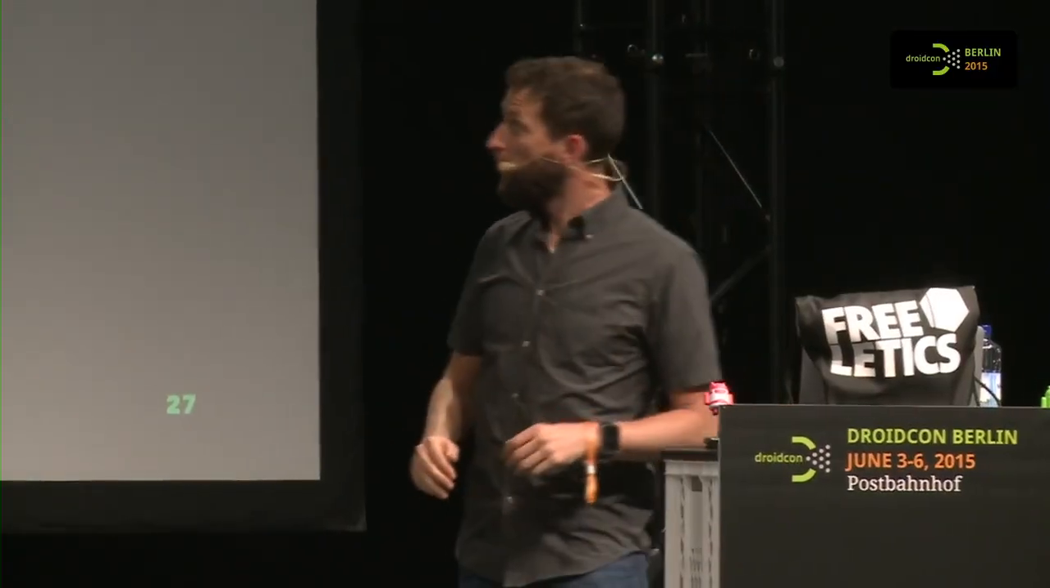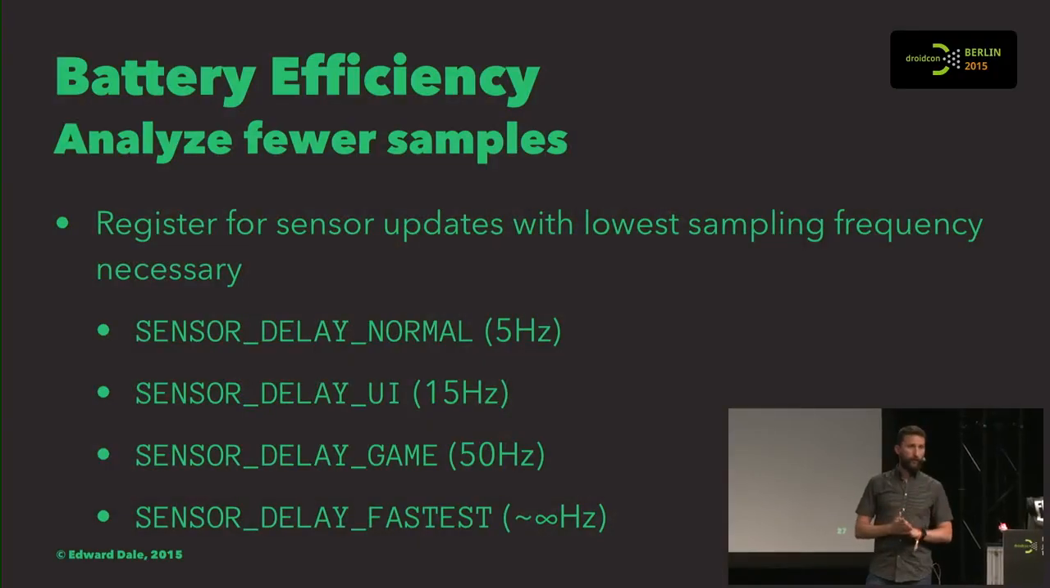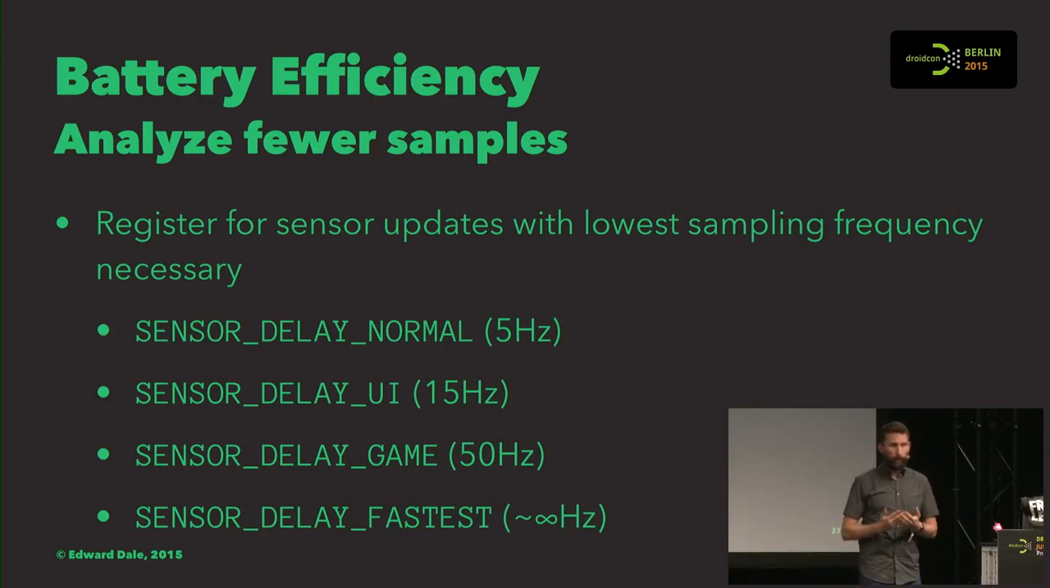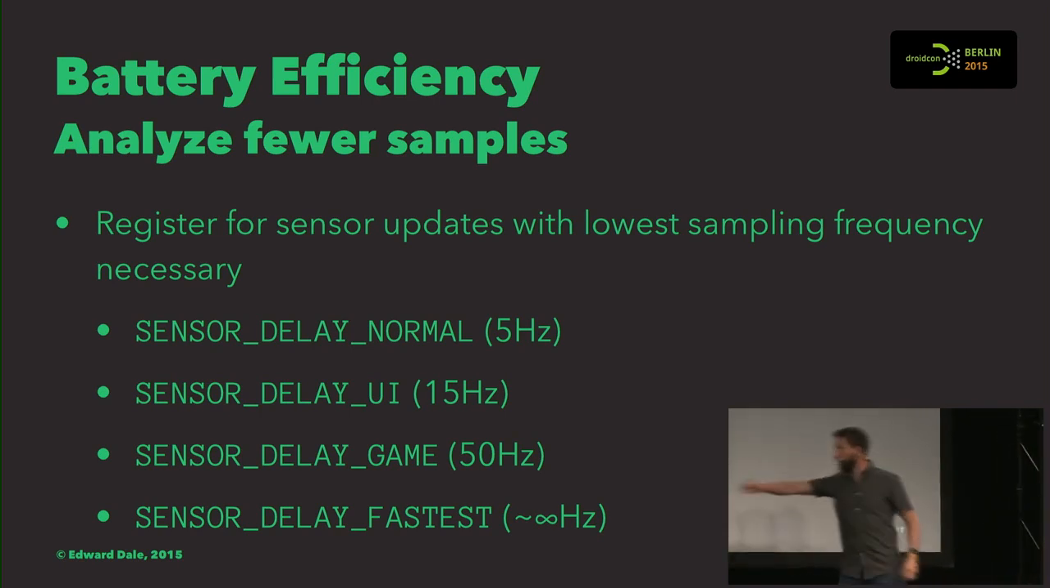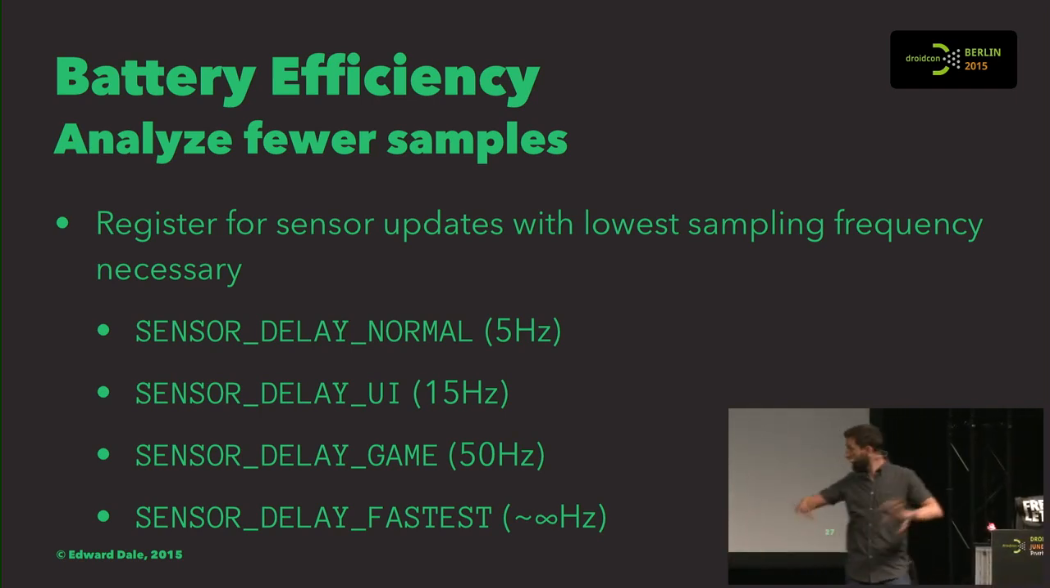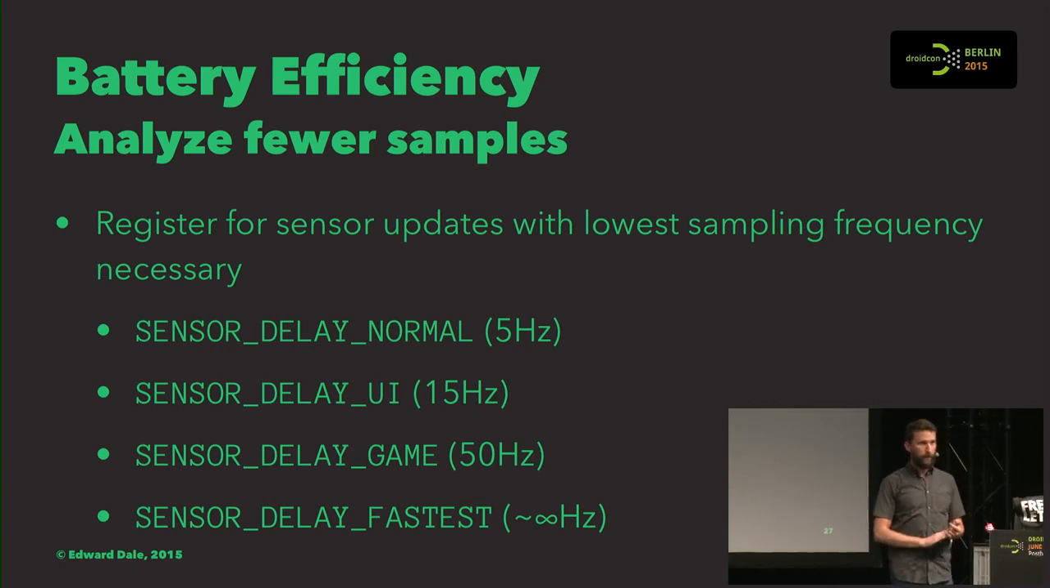So, battery efficiency. What you can do is analyze fewer samples. For all those graphs initially, when you register for sensor updates, you can tell it how often you want updates, like how much data you want. I did all mine with sensor delay fastest, which has infinite speed, which basically means it doesn't put in